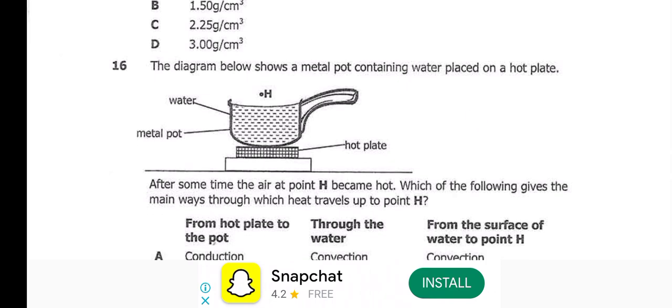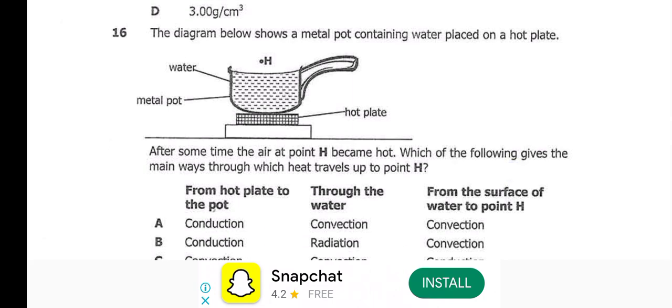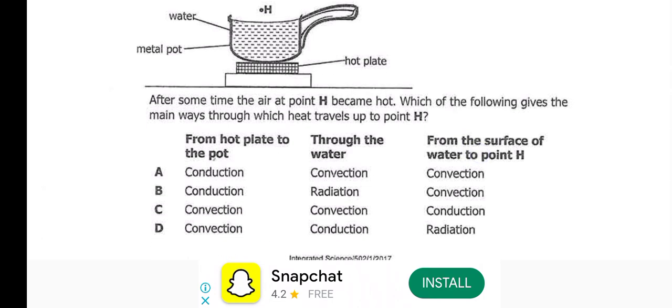The diagram below shows a metal pot containing water placed on a hot plate. So after some time, the air at point H became hot. Which of the following gives the many ways through which the heat travels to point H? So we have got a column of from hot plate to